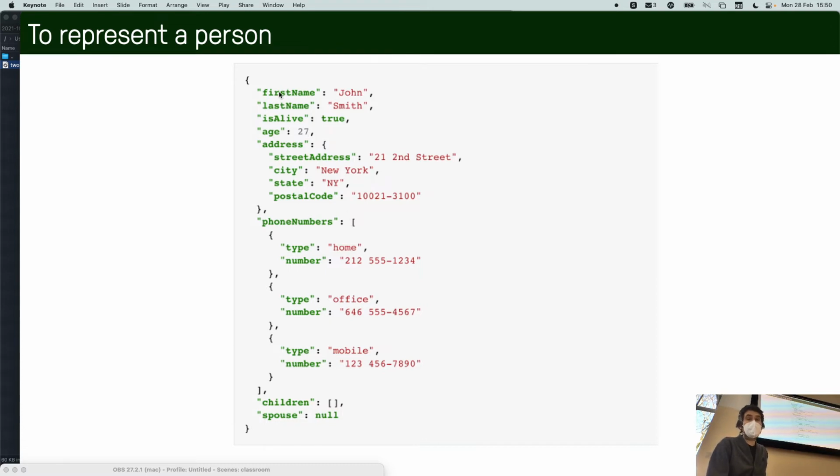Basically here you have several keys that you can access. So if you say give me the first name, you get John. If you say give me the phone numbers, then you don't get a string, you get an array. And then you can iterate over your array, and your array is an array of what we call JSON objects. A JSON object is basically a dictionary that has a type, and here a number, and so on. And if you had children here, you could also just store an array of something there, but you can also have an empty array. It means that I have an array of nothing.